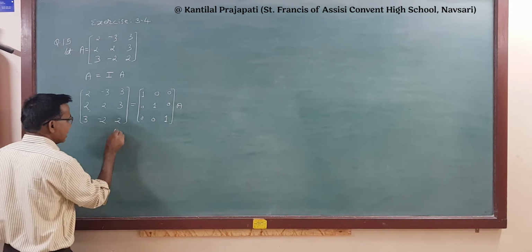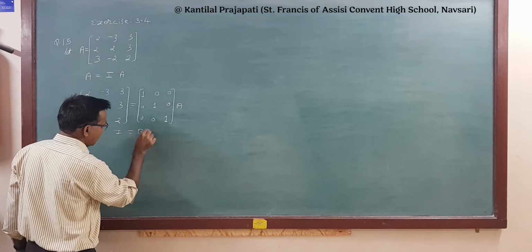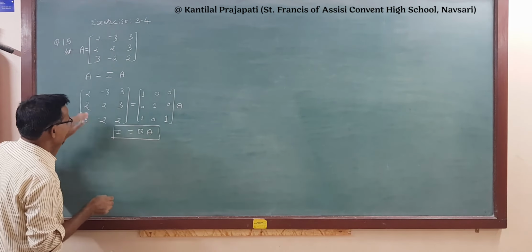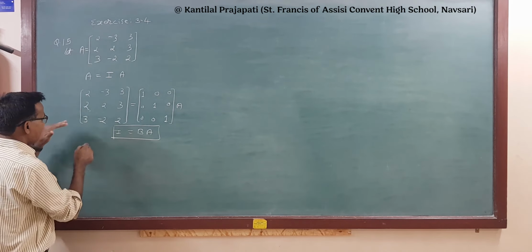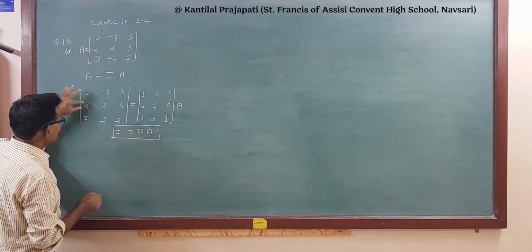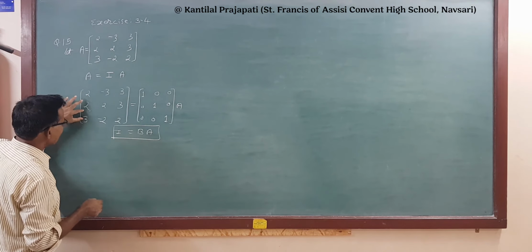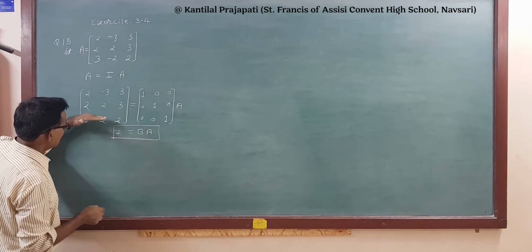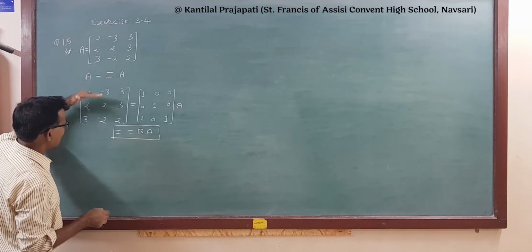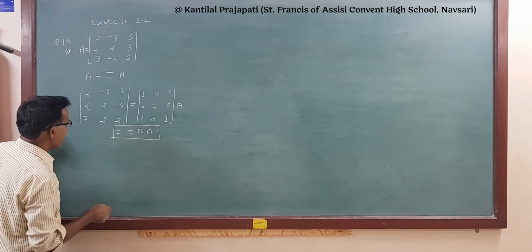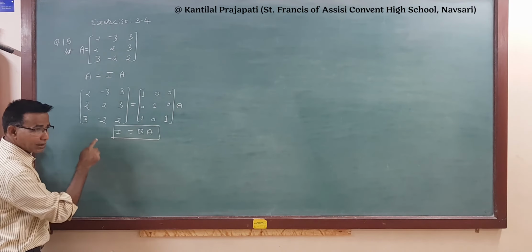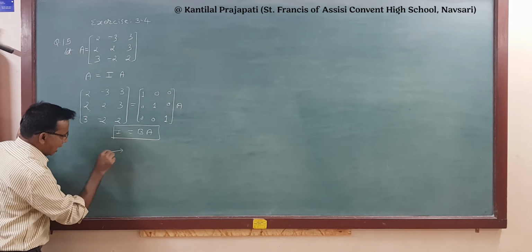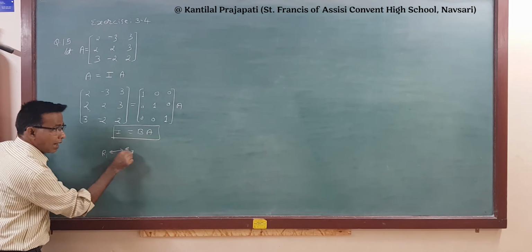So we require the I is equal to BA form, and for that this form is required, right? For that we apply the elementary operation on the first. And the first here, 2 minus 2 we get 0, 2 minus 3 is equal to 1. So we try to get 1 here. So first, for that we interchange the third row and first row, or first row and third row. So we apply the notation for the row interchange. R1 to R3, right? R1 to R3.